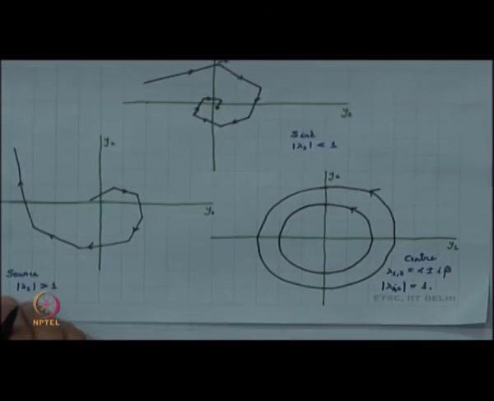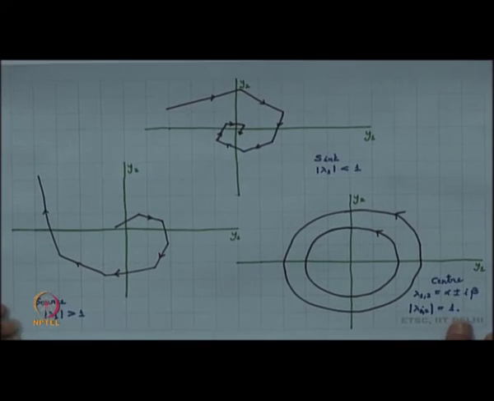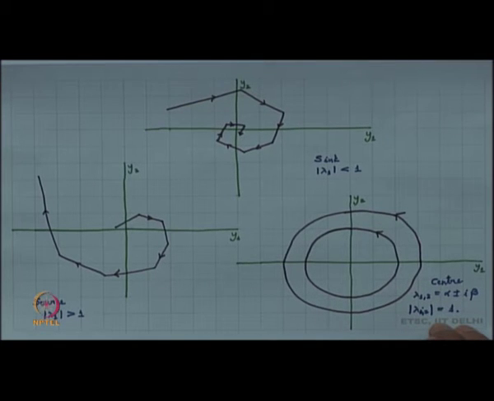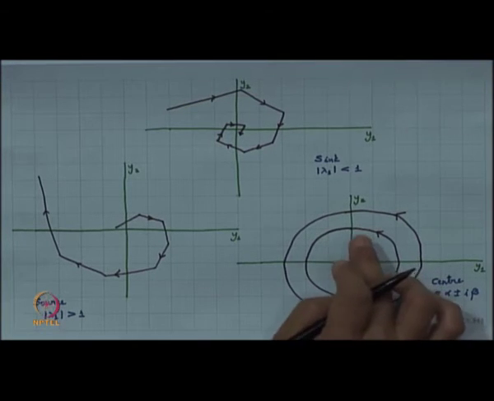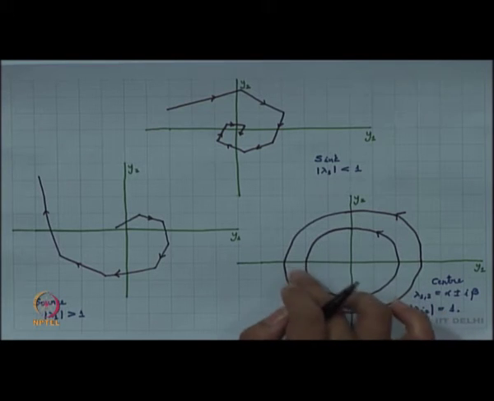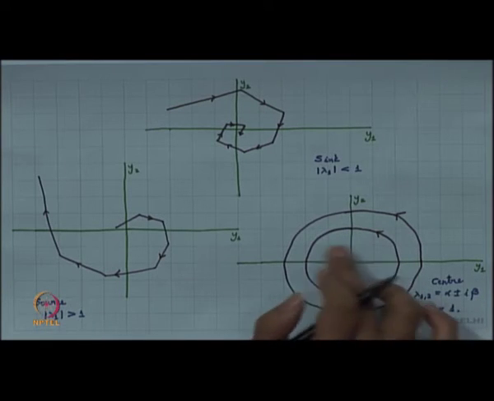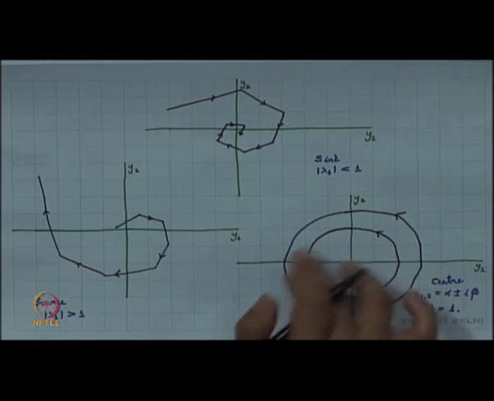So, we get back to our picture. What our picture says here is that these are my eigenvalues, alpha plus or minus i times beta, and the modulus is 1. If you think of every orbit, every orbit is just rotating around the center. So, the origin is a center and every orbit is just rotating around the center in a circular path. The radius remains the same, it is just rotating around the circle.